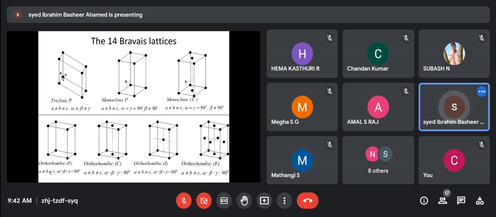So here also, like orthorhombic, you can see the cell parameter. Everything is the same. If the cell parameter is changing and you have body center, face center, something like that, then it is not going to be orthorhombic. So this is orthorhombic C. This is orthorhombic I center. This is orthorhombic face center. So you should know that the cell parameters will be the same except the lattice points.